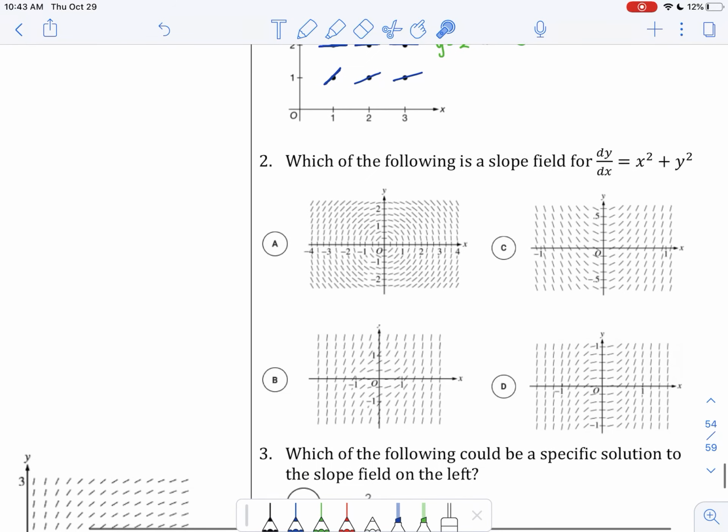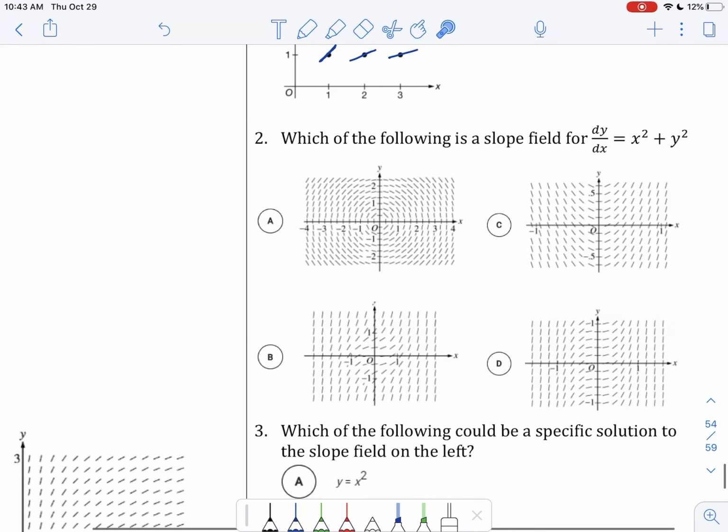A really common type of slope field question on the AP is "which of these is the slope field for," and then they give you an equation. With all of these problems, I strongly recommend going through them as a process of elimination. The first thing I'm going to do is eliminate the ones that don't make sense. The first ones I'm going to eliminate, in this case,